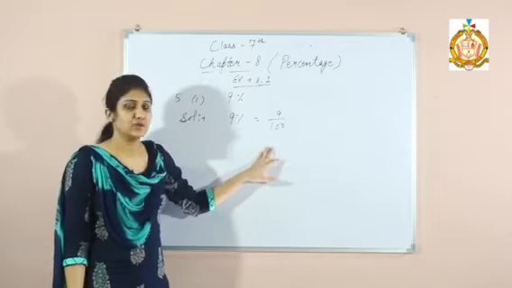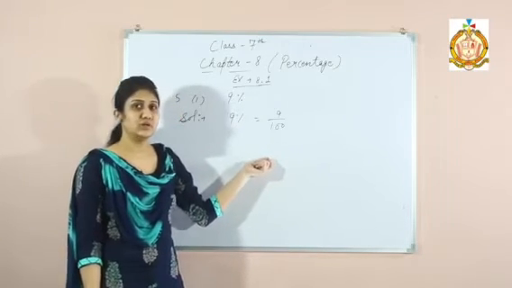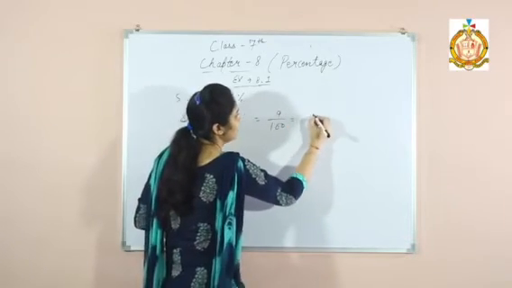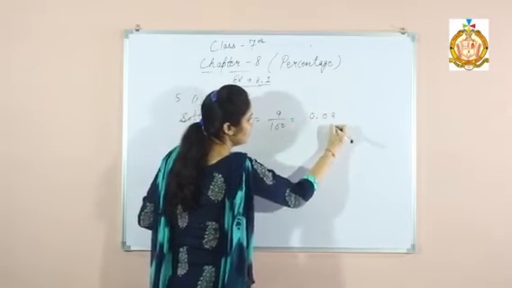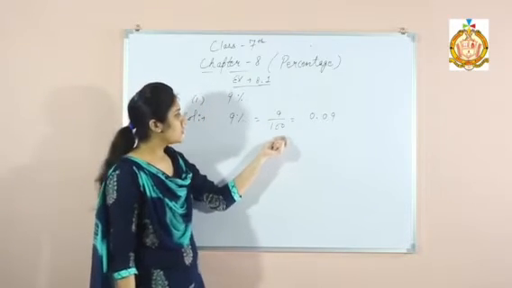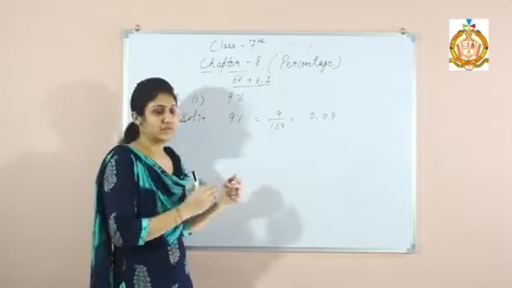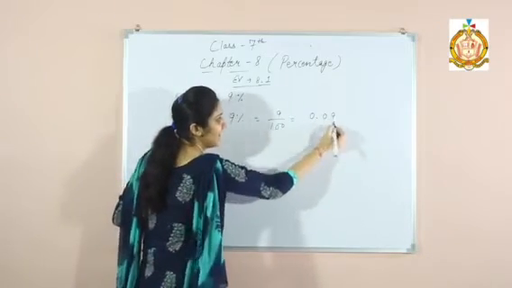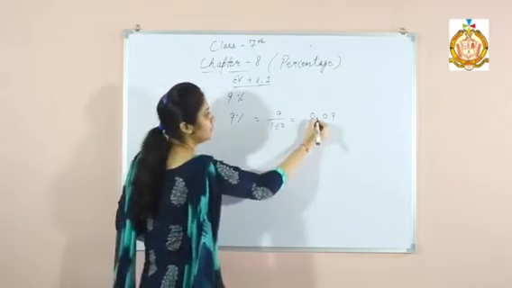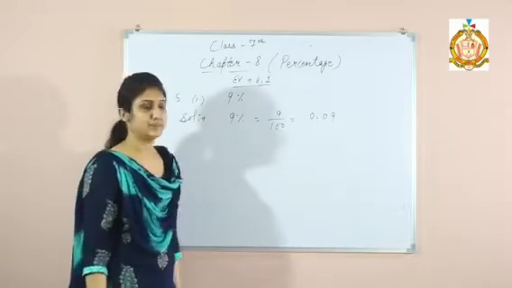This is very easy because the denominator is 100. So we will just shift the decimal 2 points. Like here we can write 0.09 because it is divided by 100. 100 contains 2 zeros. So we will shift the decimal 2 positions to the left. So here writing 9 as it is, here we will include 0, and then we will put the decimal here, and here you will get the answer.